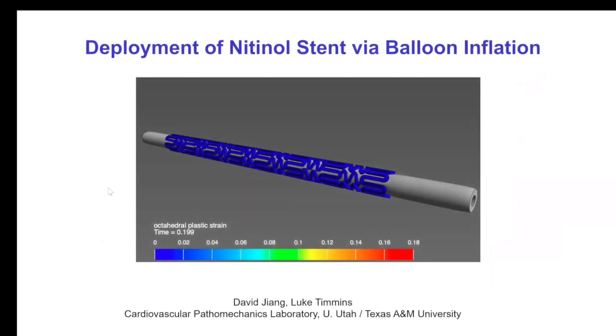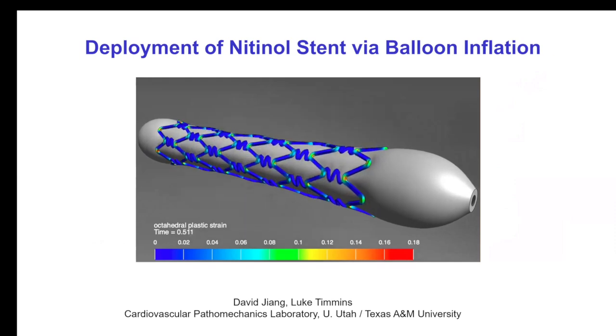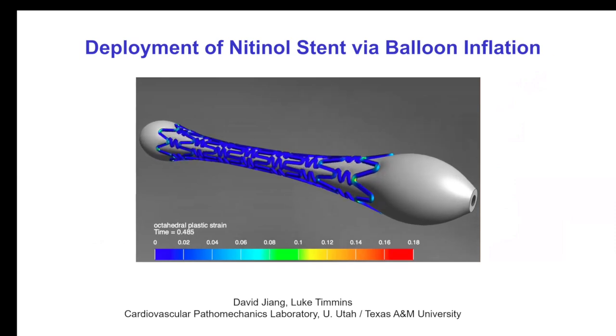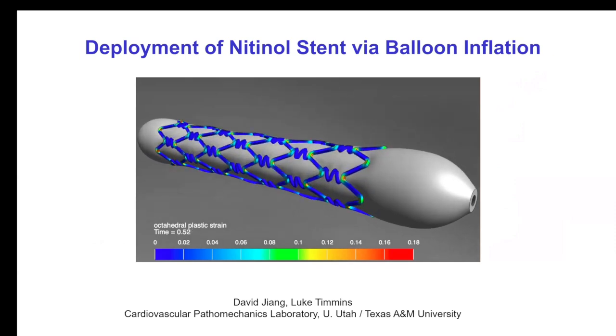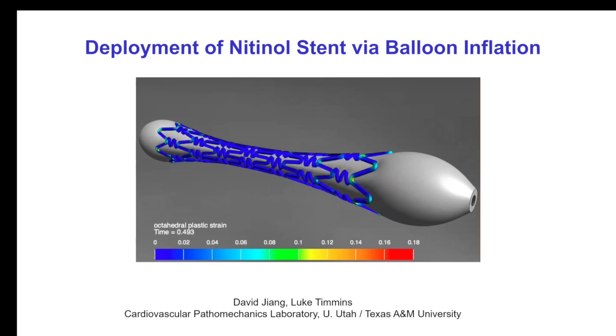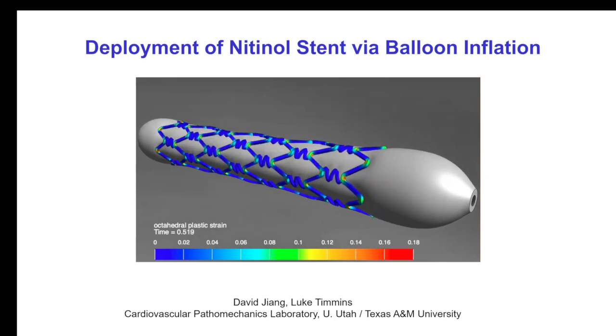This example is from Luke Timmons' lab, and Professor Timmons was interested in understanding how stents get deployed and simulating that process of the balloon deployment, causing the plastic deformation in the nitinol stent. And so this is a challenging problem because it involves plasticity and a very difficult contact problem, all kind of a snap-through behavior. Well, which makes the solution